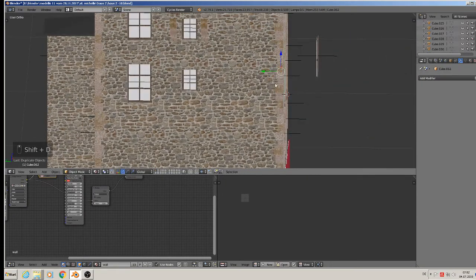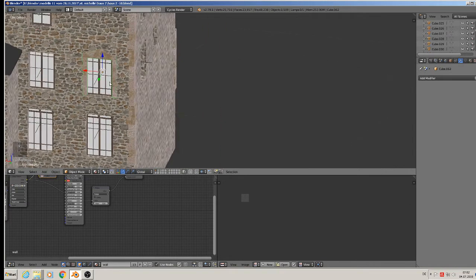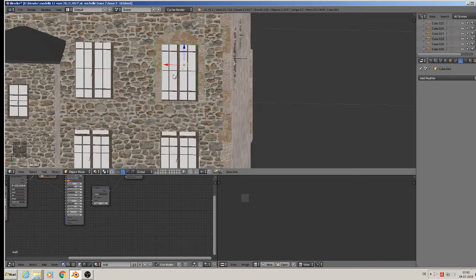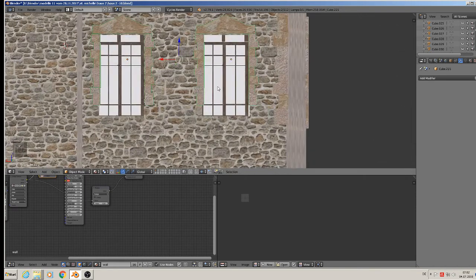So Shift D, bring it there. Yes. And Shift D, bring it to the other side. And we take the same one for the down part, so Shift D, bring it there. But you see it is a little bit too short, so we take here the whole thing and scale